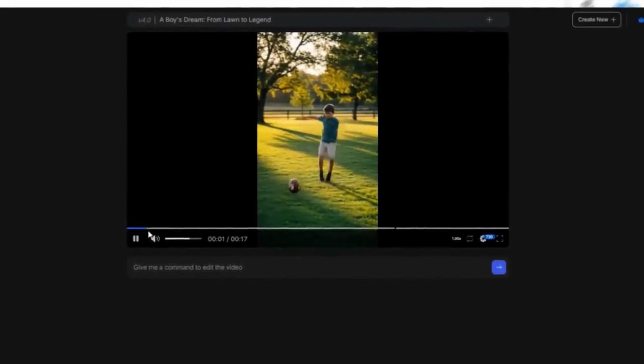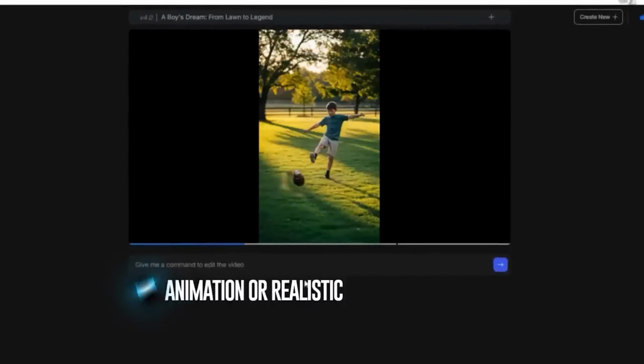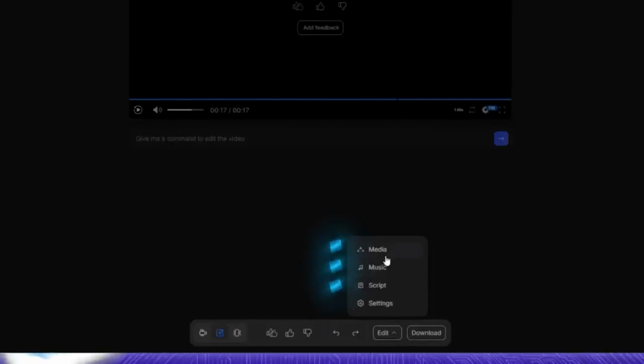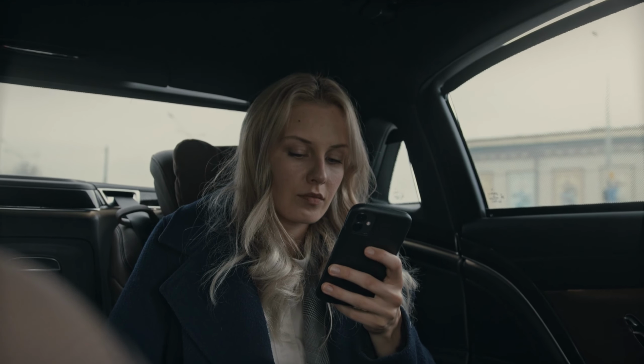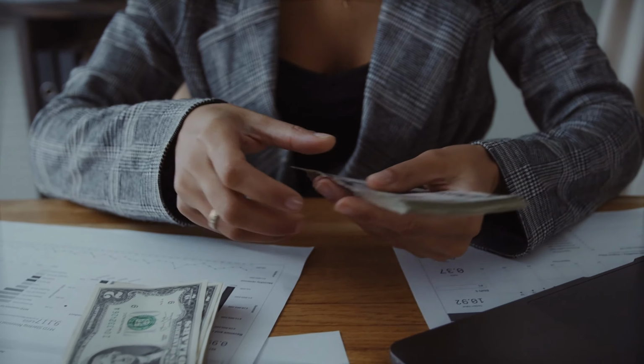To clarify, this is the latest version of Invideo. It can generate almost anything. The best thing is you can choose how your videos should look, animated or realistic. You can also choose whether to use stock images or AI-generated ones. You can edit the voiceover, music, and script after they are generated. The app is free to use, but if you want to unlock its full power, I suggest getting its basic